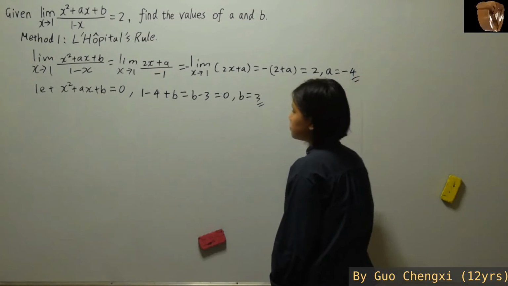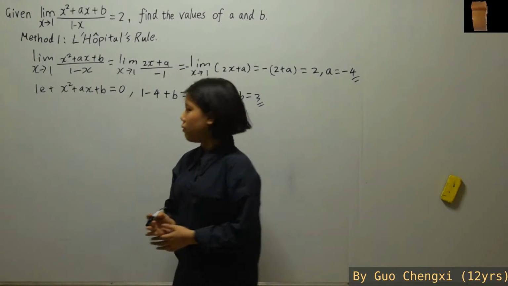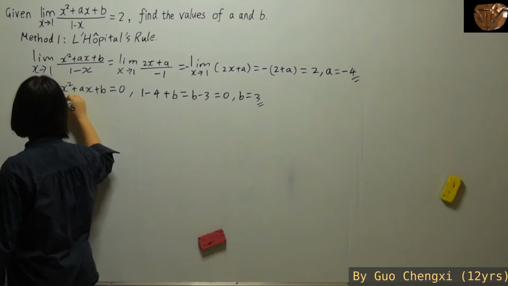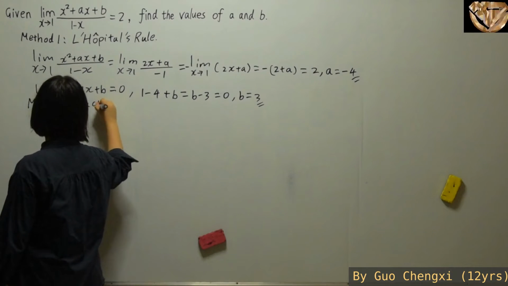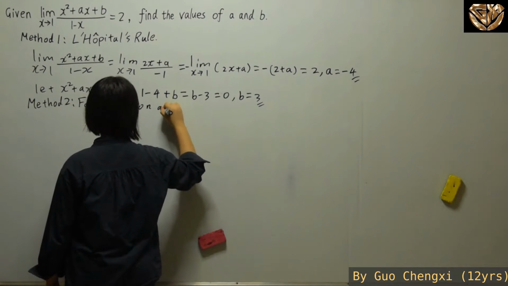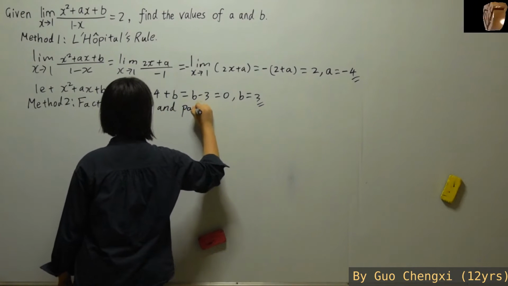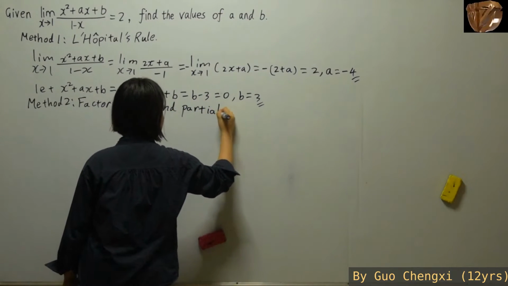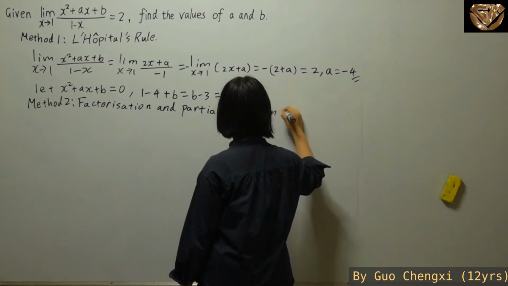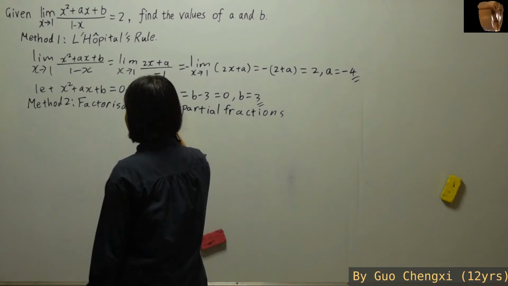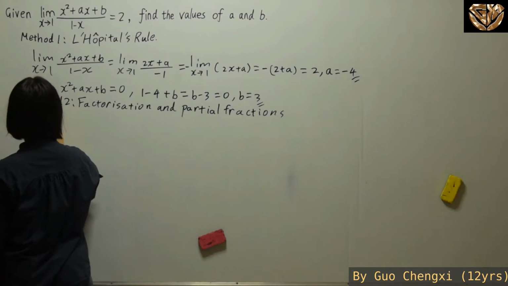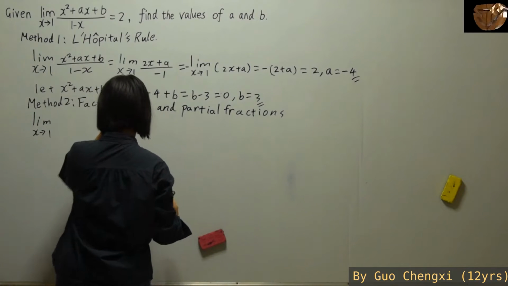So that's our first method, using the L'Hopital's rule. For our second method, method 2, we'll be using factorization and partial fractions. So now that we have gotten to this part, what we'll do is the limit,